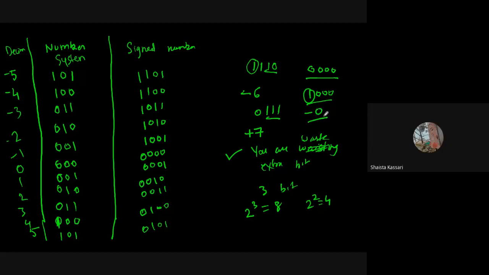No. That means this is something which is wrong, which cannot be allowed, because in maths, a 0 cannot be positive or negative. It is something which you can include in positive, but you cannot include in negative. Minus 0 करके कोई चीज होती नहीं है, right? So that is why this number system failed. This number system failed big time.